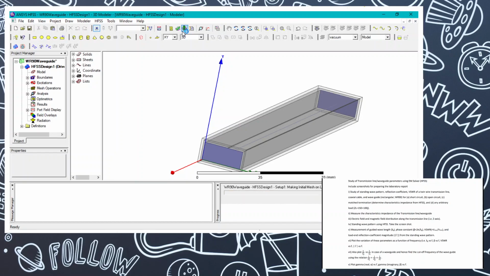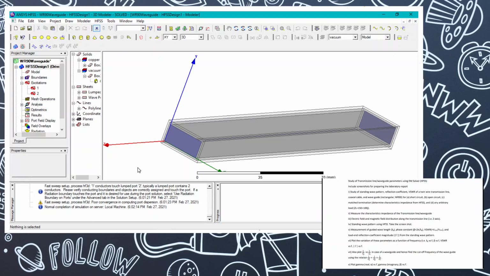I have clicked it and the solution has begun, and I'm going to pause the video and come back after the solution has been completed. Alright guys, the solution part is complete, and before going into the result, what I want to show you is